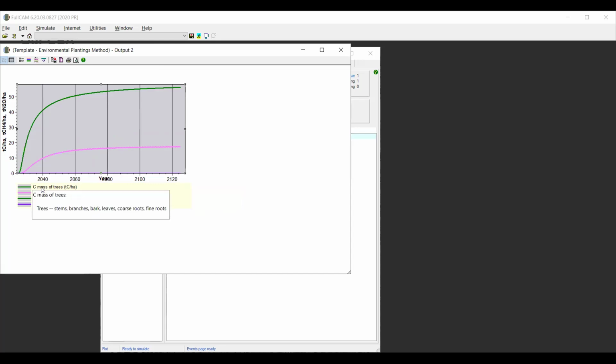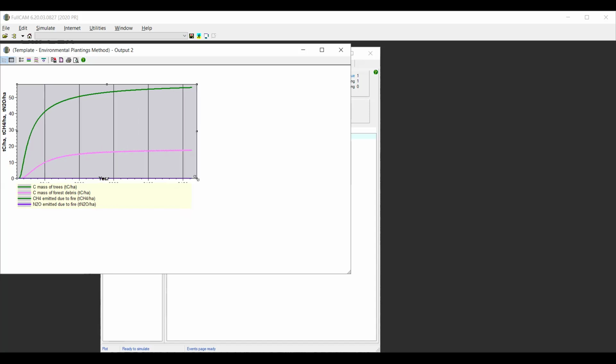So the green. Those are those four things here: carbon mass of trees, carbon mass of debris, methane emitted due to fire, and nitrous oxide, are the four parameters that fit straight into the abatement calculation of the method. That big green line is, of course, the mass of carbon stored in the trees, and the pink line is the amount of carbon stored in the debris. There's, of course, no, well, the lines are there at the bottom, but of course zero because we haven't modeled any fire,